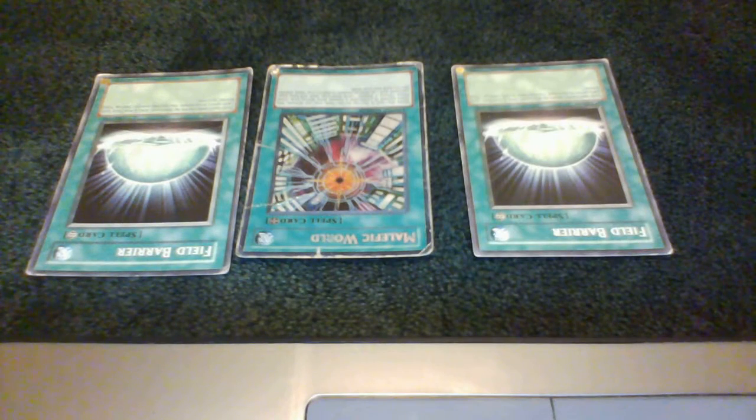Alright. Very, very rare changes would happen. But you activate Malefic World. Then you use 2 magic reflectors on it, which places a counter on it. So that's 2 counters on the Malefic World. Then you would go ahead and activate 2 field barriers. And as long as they're in the field, if you have a field spell, if your opponent were to ever destroy a field spell, they'd have to destroy a field barrier first. Which means...